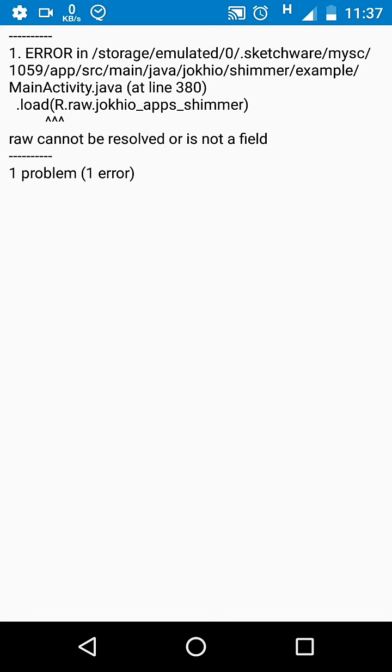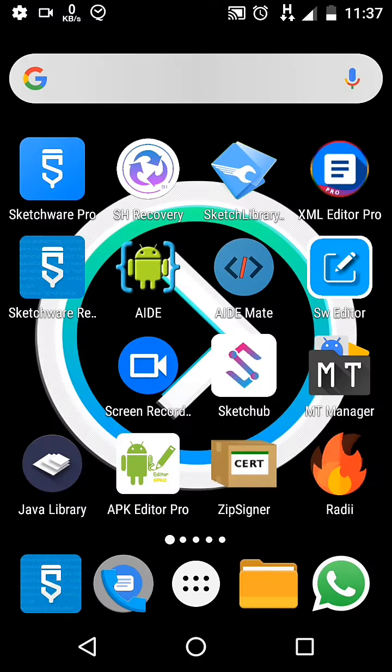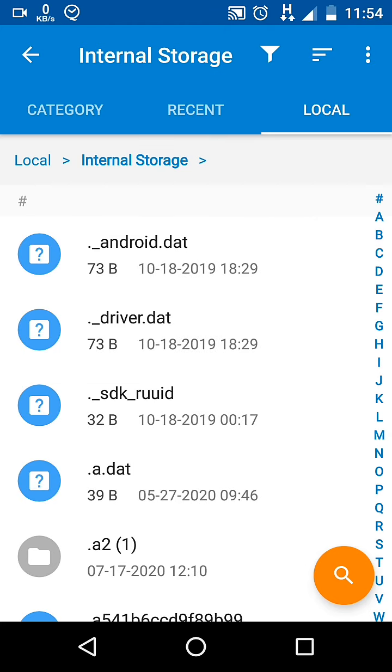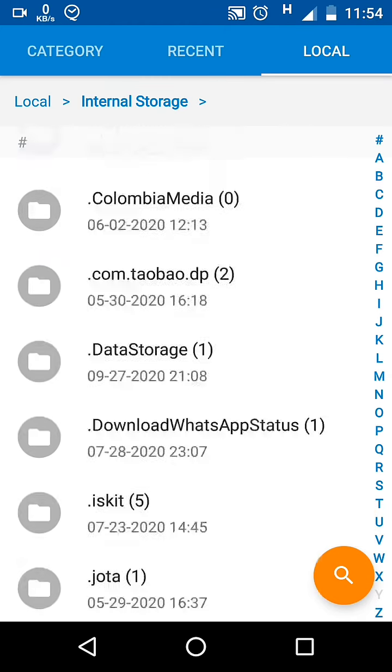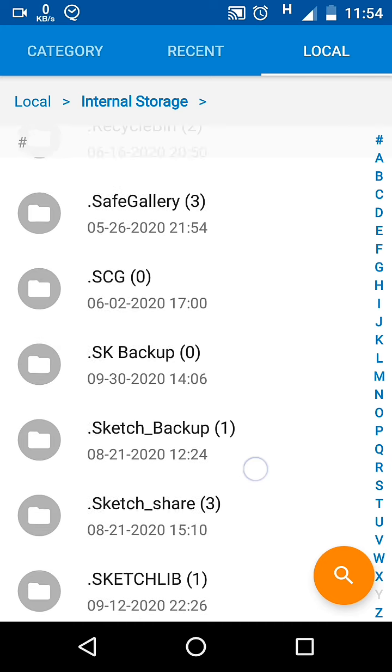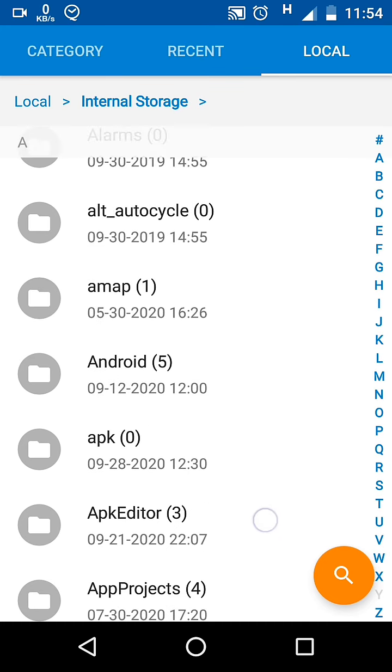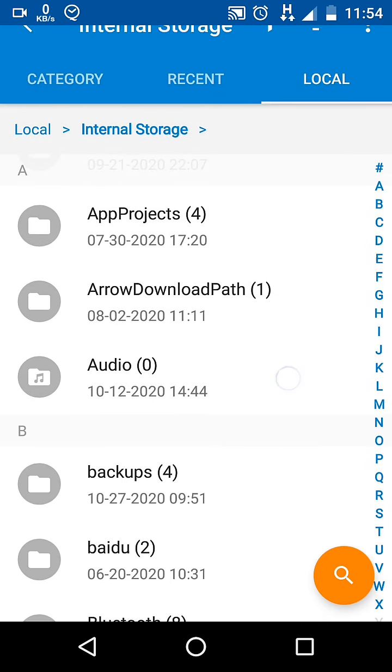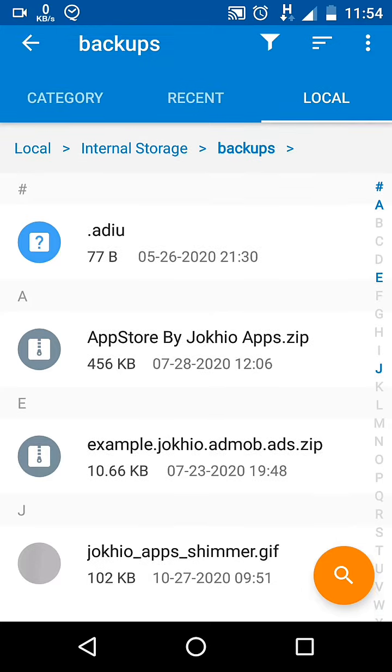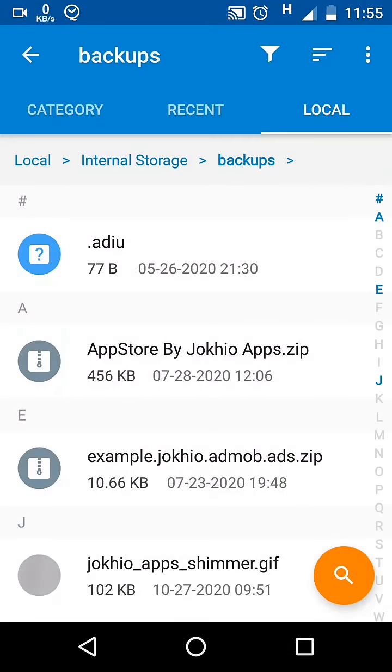We are getting this error because our file is missing from that folder. Make sure your file manager can show hidden files or use any good file explorer. So I have a GIF file which I want to set as the shimmering animation. So I will copy that